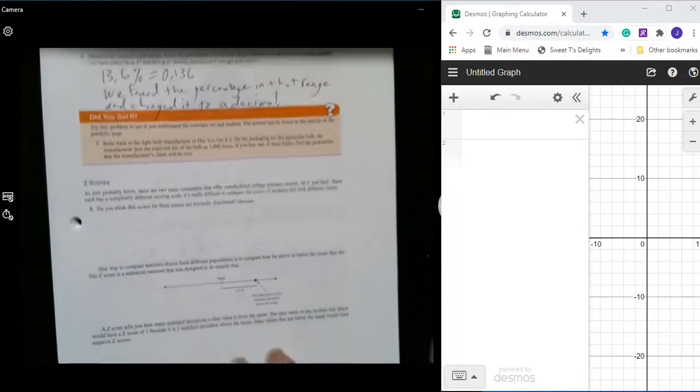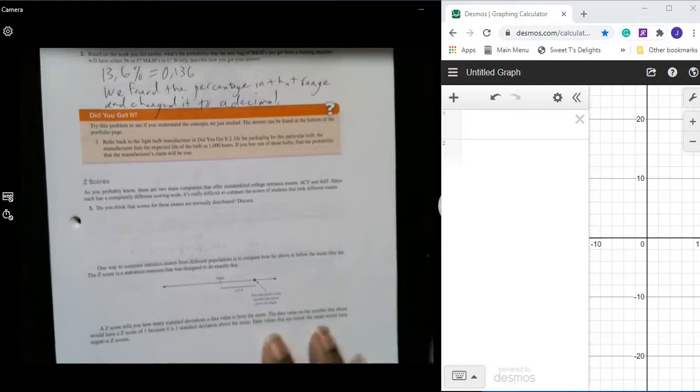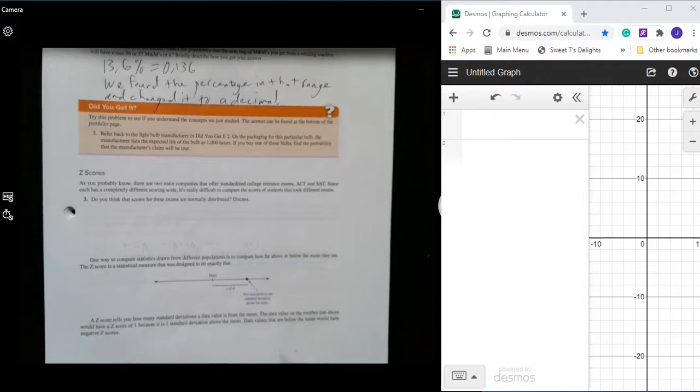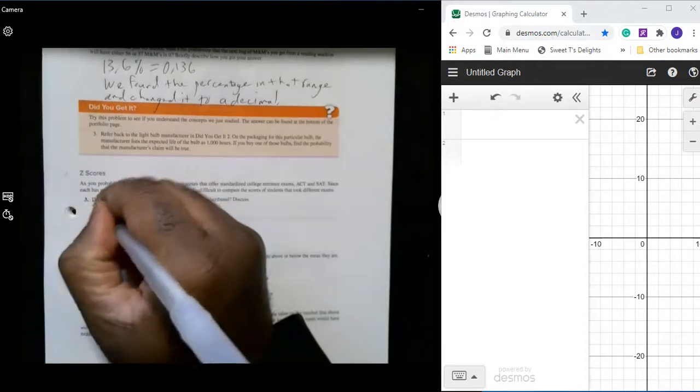Okay, now we come down here to what is called Z-scores. As you probably know, there are two main companies that offer standardized college entrance exams, ACT and SAT. Since each has a completely different scoring scale, it's really difficult to compare the scores of students that took different exams. Number 3, do you think that scores for these exams are normally distributed? Discuss. And I would say yes,